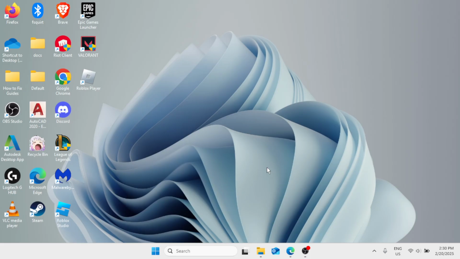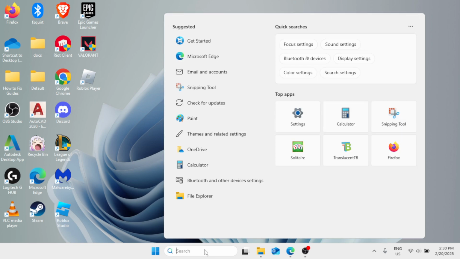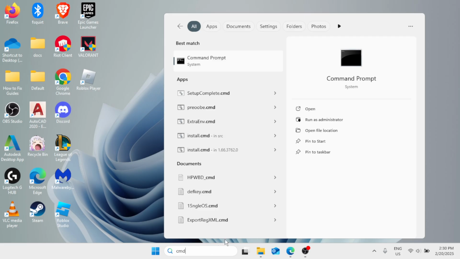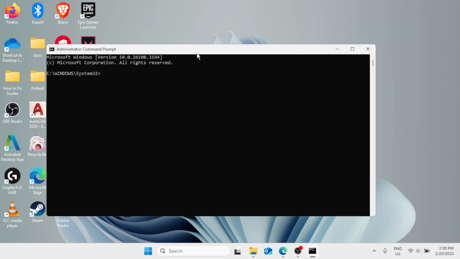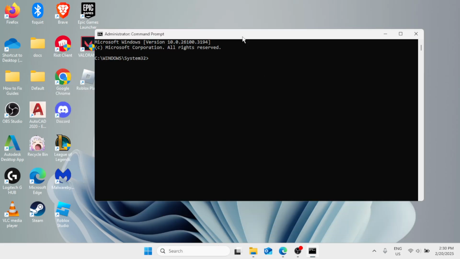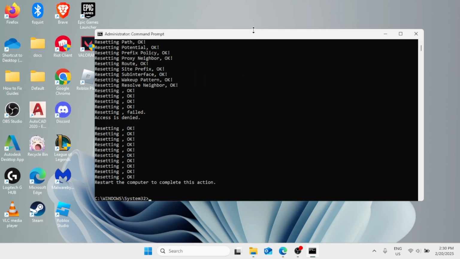And then we can also reset the network settings using some commands. So in the Windows search bar, type CMD. On the right pane, click on Run as administrator. Then here, just follow me for the commands. netsh winsock reset. Hit Enter. Next command, netsh int ip reset. Hit Enter. Next command, ipconfig